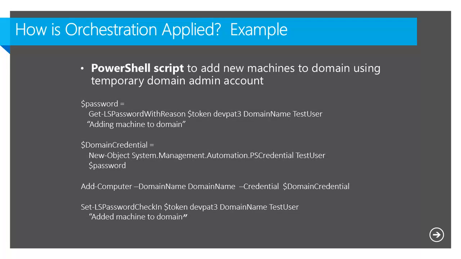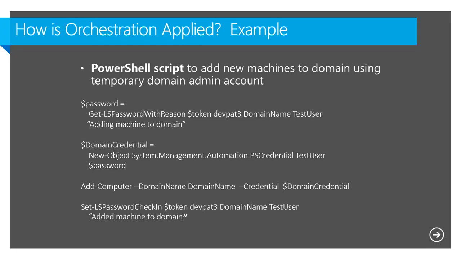So this is a PowerShell script that I put up here that just kind of shows you how you automate a particular function in PowerShell using this PowerShell interface or web services interface. This particular one is an interesting thing that many people might want to automate, which is you've just got a new piece of hardware. You've just spun it up. It's a new VM. It's a new machine. It's running the latest version of whatever operating system you want from Microsoft. But now you want to join it to the domain. So in order to join a machine to the domain, you have to be an administrator on that domain. But you don't want to necessarily hard code the administrator password inside of a PowerShell script.